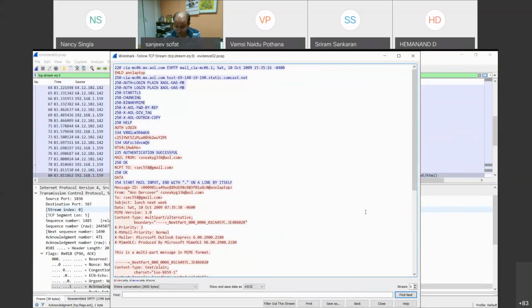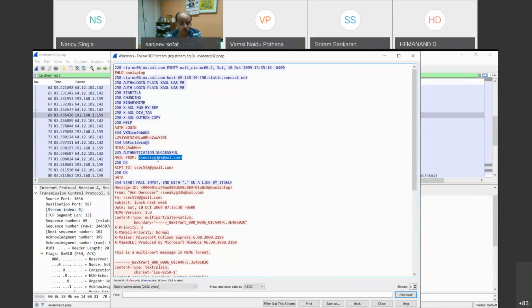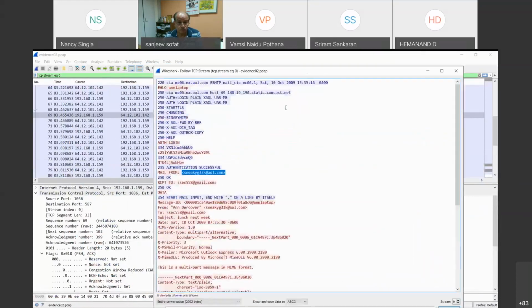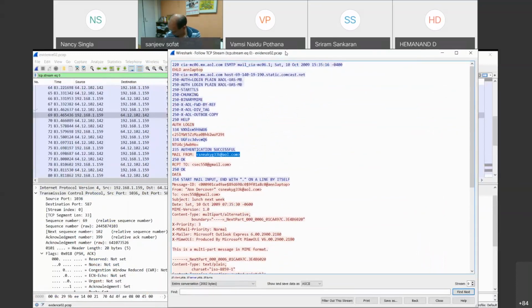All the packets between a particular source and destination reassemble the data that was transferred in that particular exchange. So you can easily see here it's a mail from this, and we can see it's already written Turkover, so this is the mail ID. Okay, the first was the email address. Second, what is the email password?